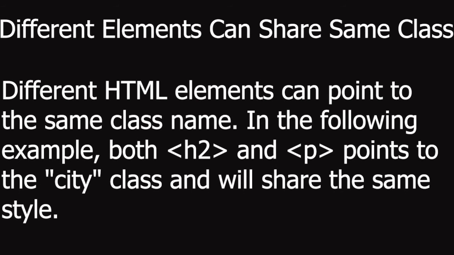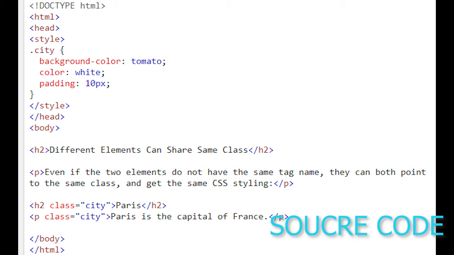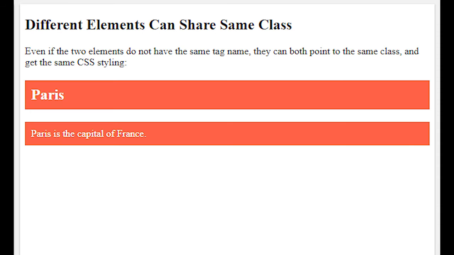Different elements can share the same class. Different HTML elements can point to the same class name. In the following example, both h2 and p point to the city class and will share the same style. For example, <style> .city { background-color: tomato; color: white; padding: 10px; } </style> <h2 class="city">Paris</h2> <p class="city">Paris is the capital of France.</p>